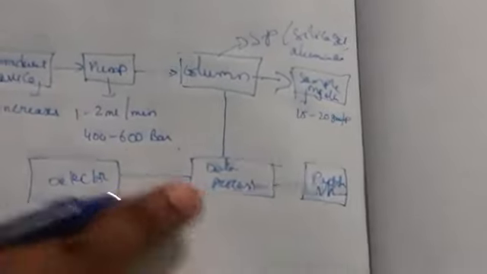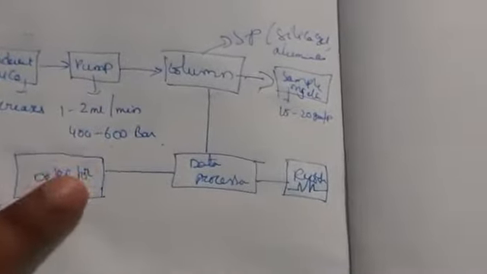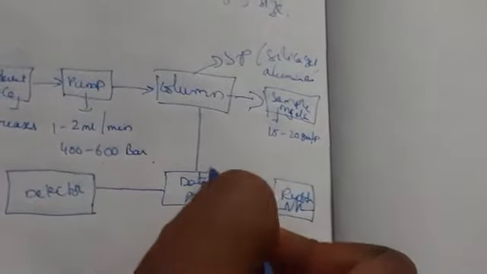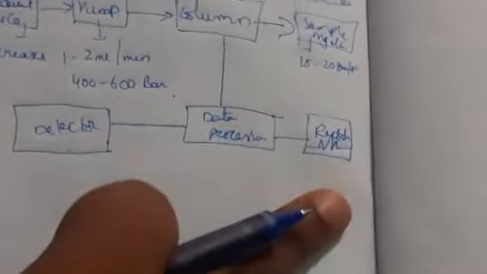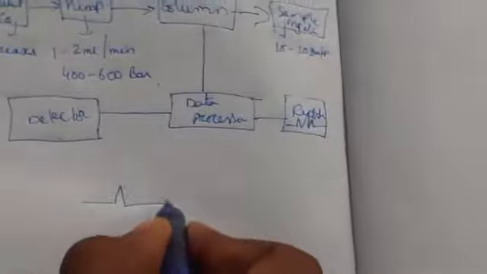Now this data processor has two parts, that is the detector and the recorder. Whenever the separation is going to start, it goes directly to the data processor and it will give the values. Based upon these values, the recorder will give the peaks. We don't know how much of the sample there is. For example, if you got something like this.